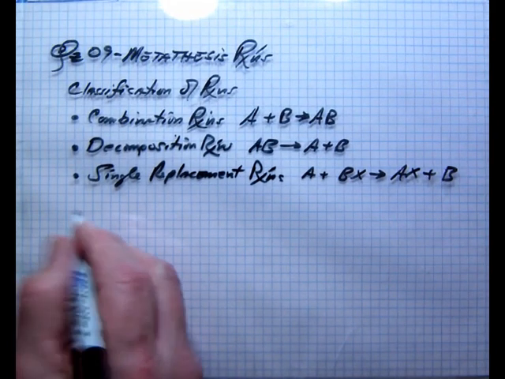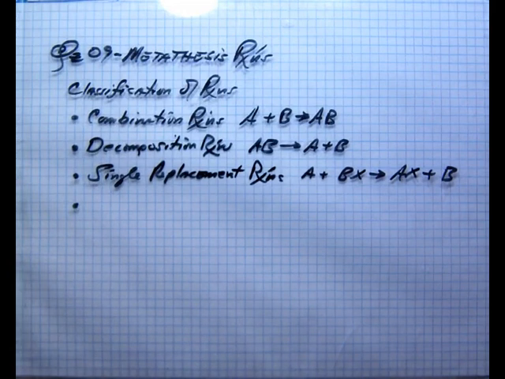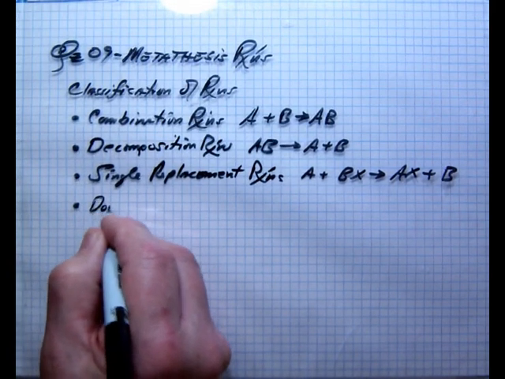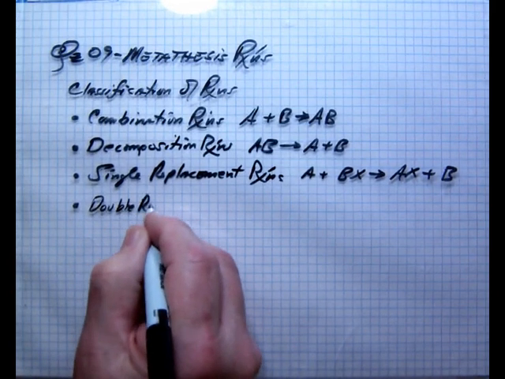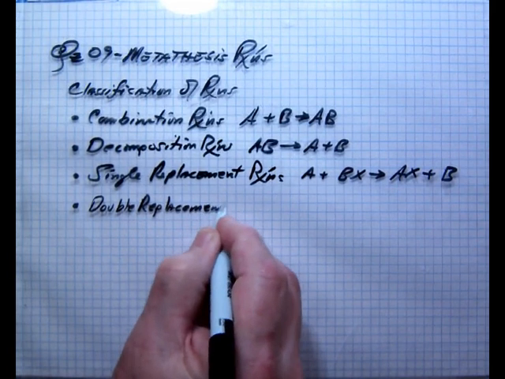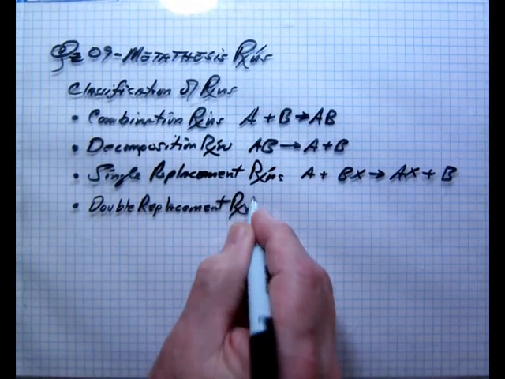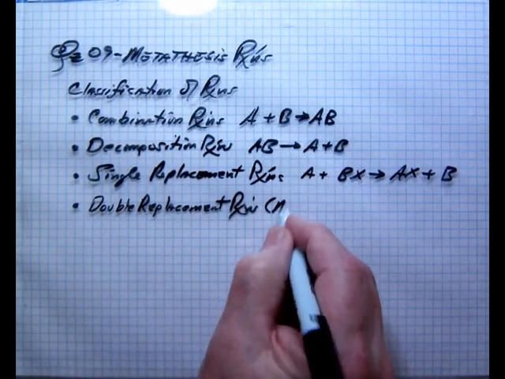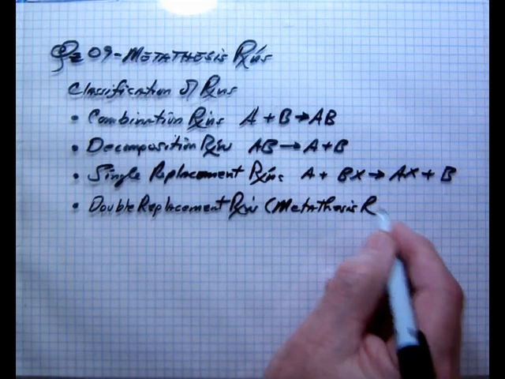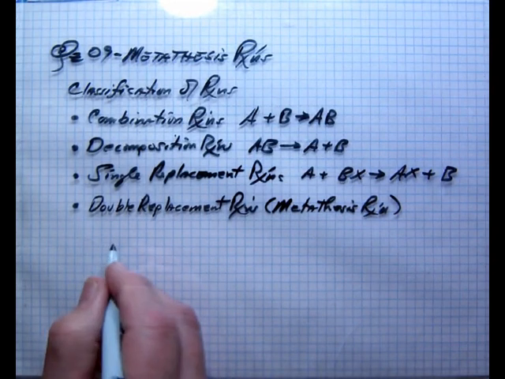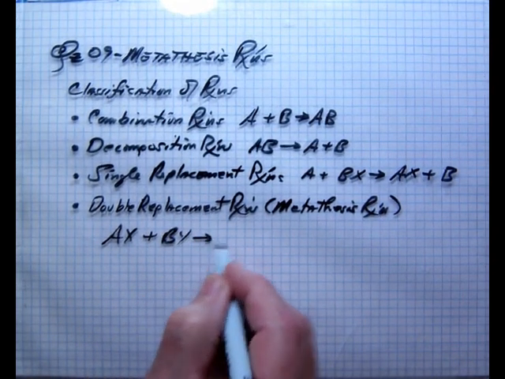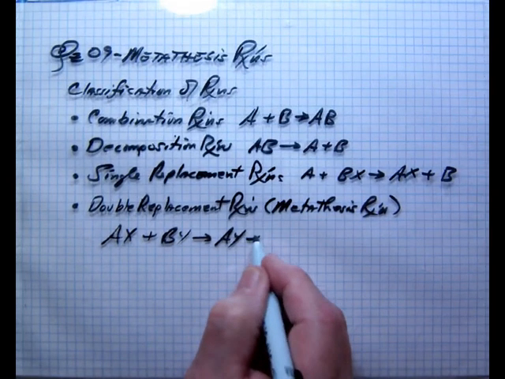And then, as today's work depends upon the double replacement, also known as the metathesis, which is AX plus BY goes to AY plus